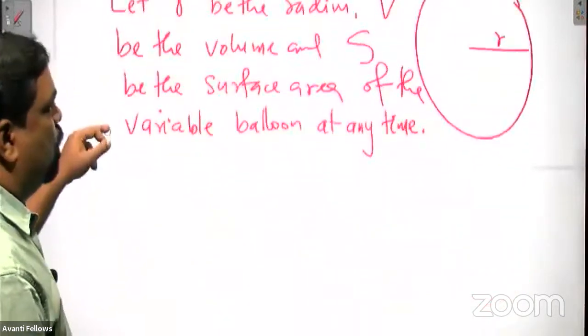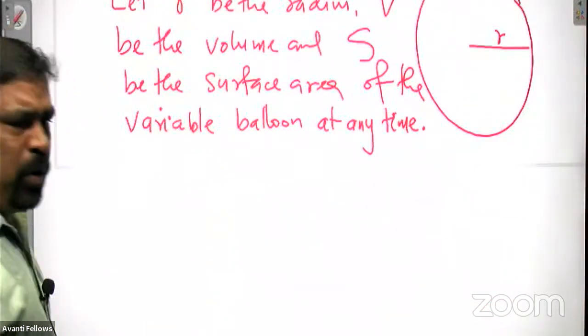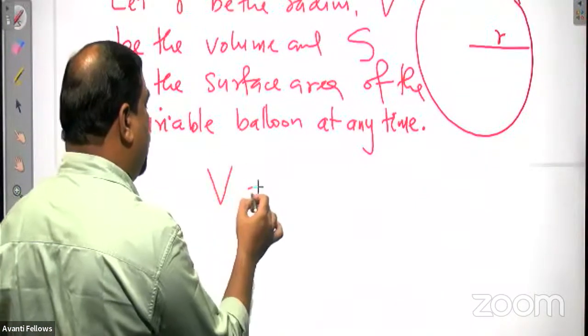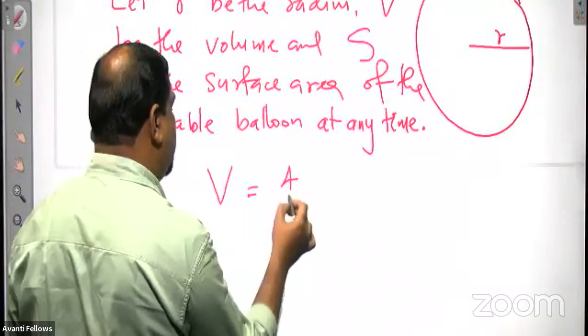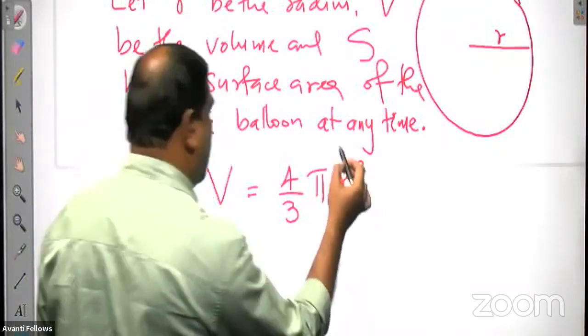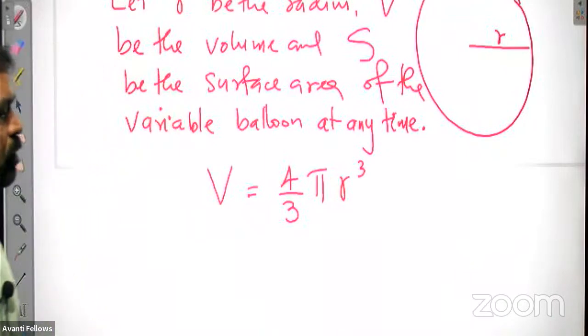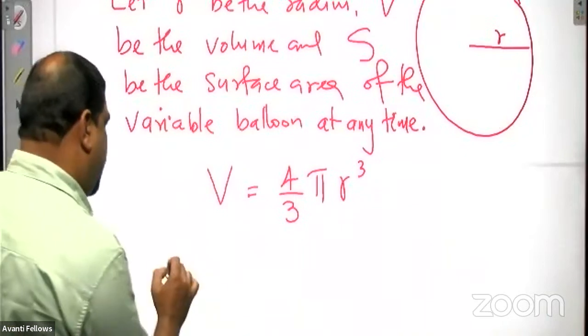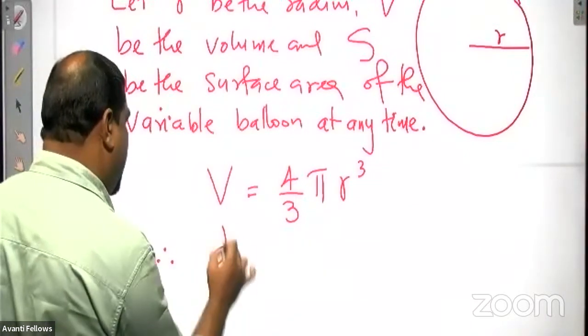Then the only thing we should know is the basic formula. So what is the volume of the balloon? For a sphere, everybody knows it is 4 by 3 pi r cube. So differentiate with respect to t. So dV by dt